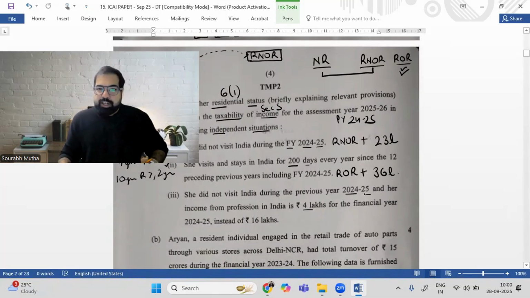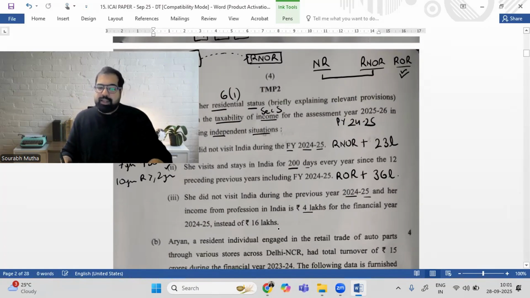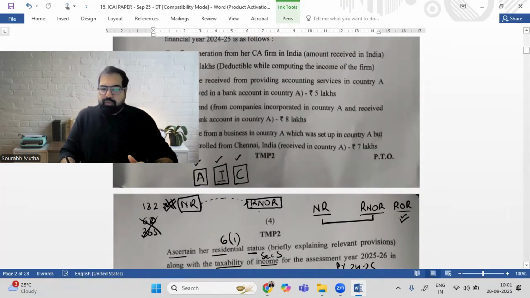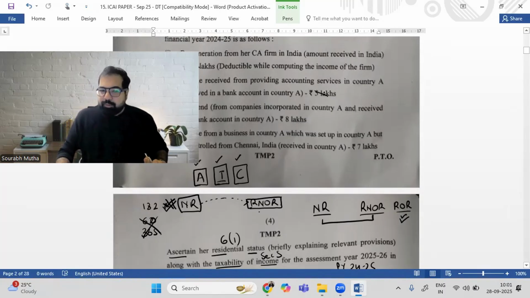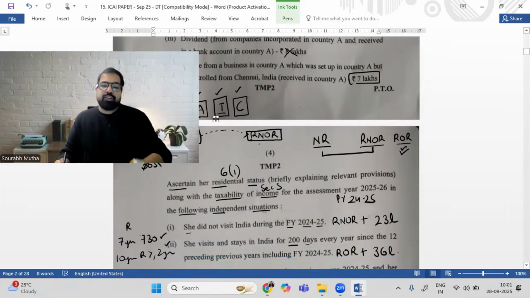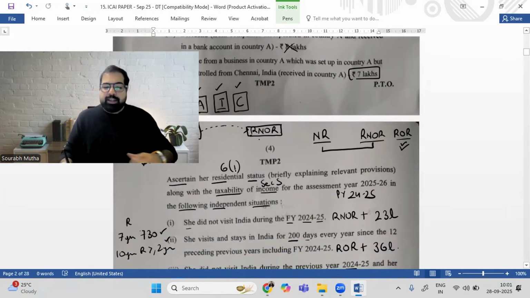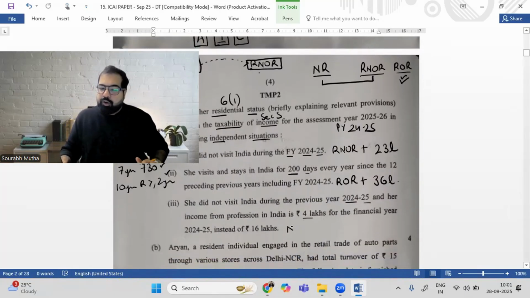If she does not visit India at all, guys, again, this first condition is not met. She becomes an NR. And now to convert NR to RNOR, is it possible, as her Indian income 16 lakh has become 4 lakh? Let's check. So if I cancel this 16 lakh, make it 4 lakh, we'll start with 4 lakh income. It has to be more than 15 lakh. 5 lakh will not be taxed in India, no India connection. 8 lakh also. 7 lakh will be taxed in India. So 7 plus 4 is 11 lakh. And with that, she is not meeting the condition of income more than 15 lakh in India. And hence, she will continue to be a non resident.